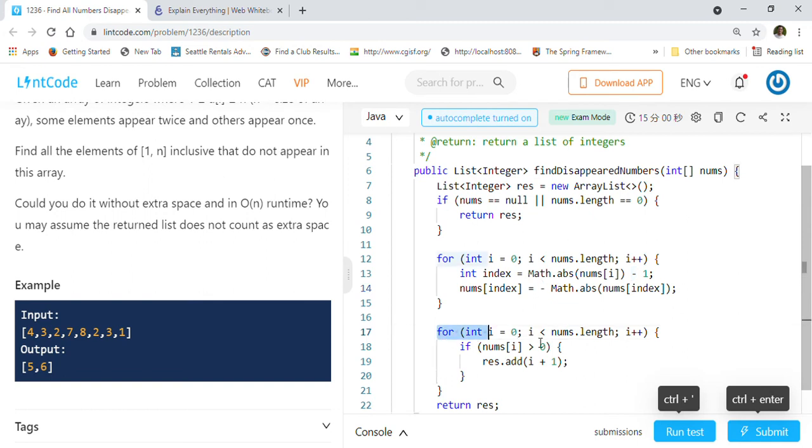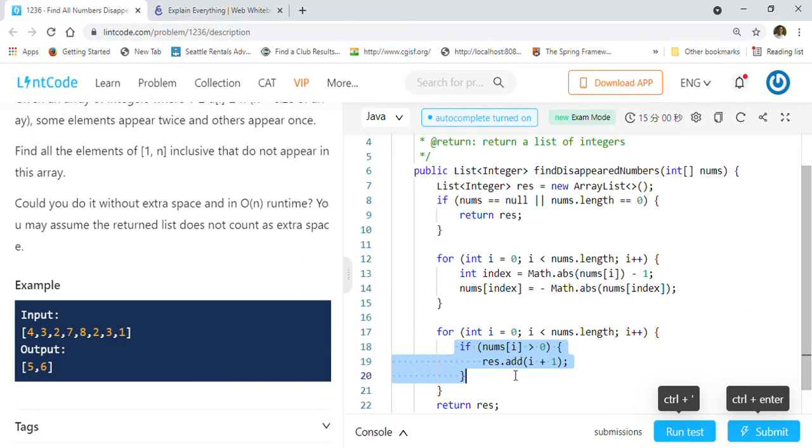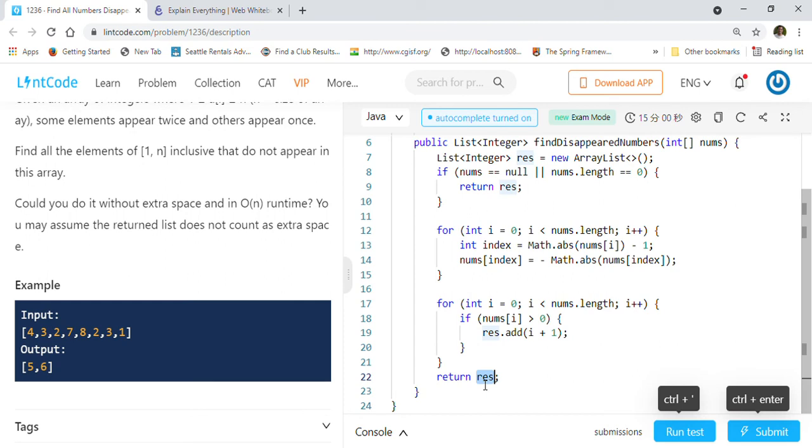And then we will again iterate through the array and we will check if any of the number is greater than 0, for example here 4 and 5 number are greater than 0, right? So those numbers we will take the index and we will add 1 to it and add it into our result list, and we will just return our result list, right? So I think I already explained in detail how this works, and we are not using any extra space now, and this is order of n solution, right? Because this for loop is order of n and this another for loop is order of n, but they are outside of each other, right? And at the end we are returning result list.